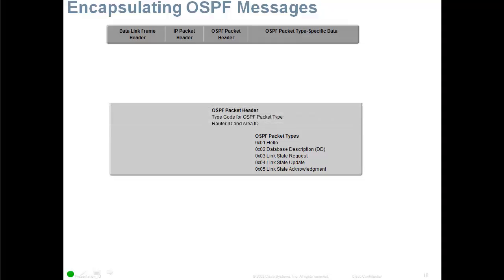acknowledged. Now, the OSPF packet header has a type. What kind of packet is it? Hello, database description (DBD), LSR, LSU, or LSAck, I should say. It also has the router ID and area ID. Within the whole autonomous system of OSPF, you do want the router ID to be unique. And two routers will not become neighbors if they are not in the same area, so the area ID has to match. For example, if one router is in area 0 and another router is in area 1, they're not going to